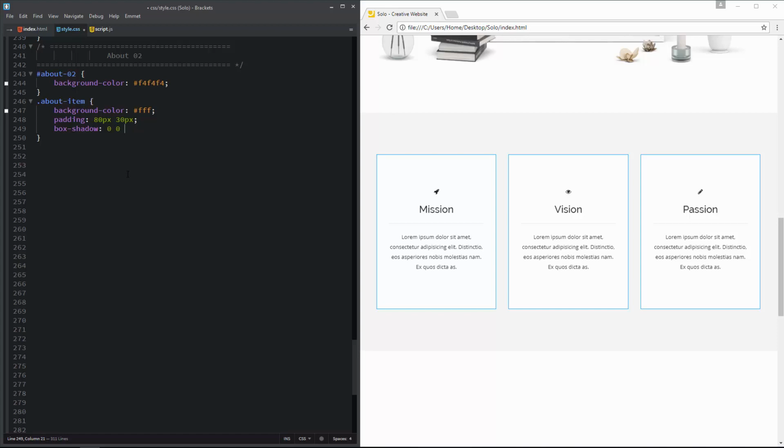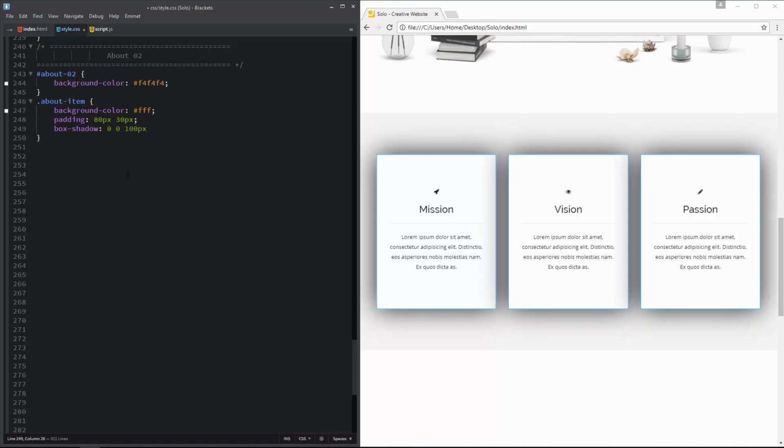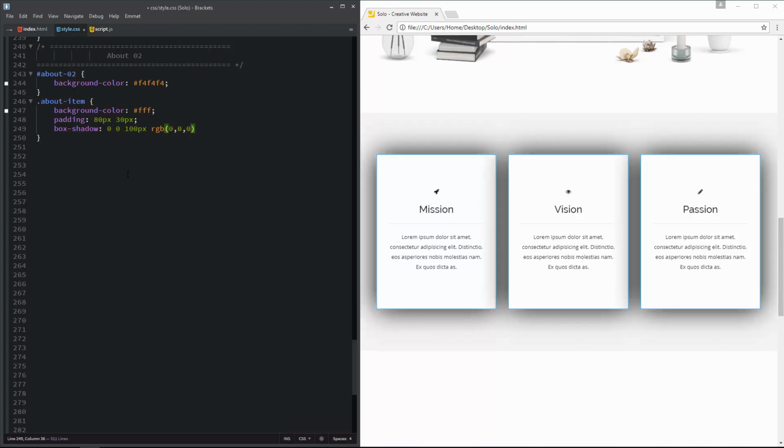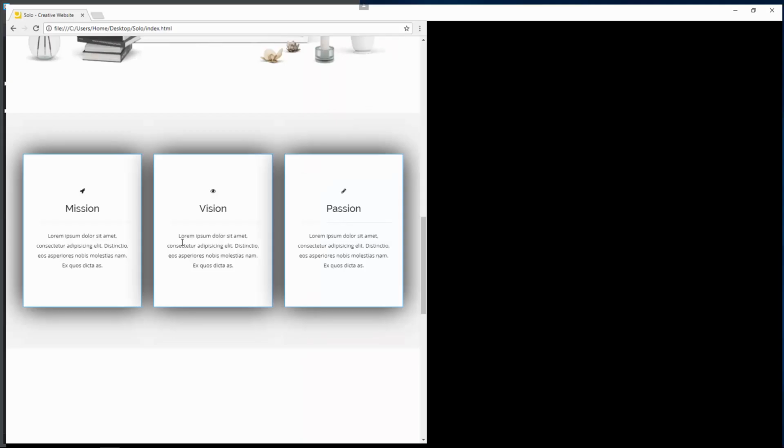Now I'm going to define the blur value, and for now I'll set it to 100 pixels. This will be the blur distance. And now I'm going to set the shadow color, and for the shadow color I'm going to use black, and to set black I will use an RGB value, and the values for black are 0, 0, 0. Now we have shadows for these boxes.